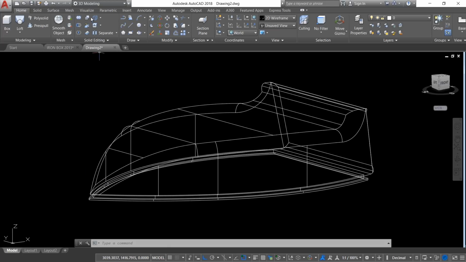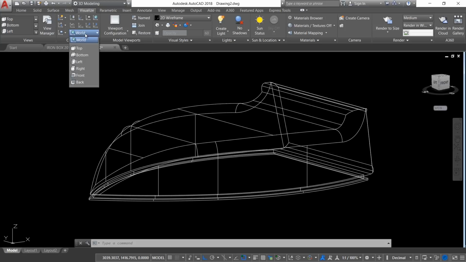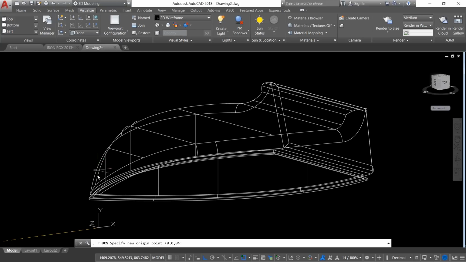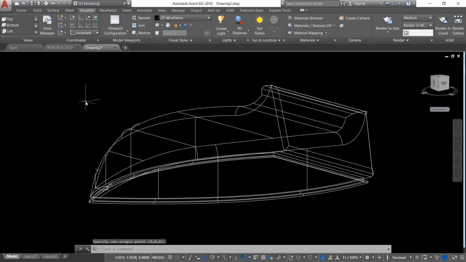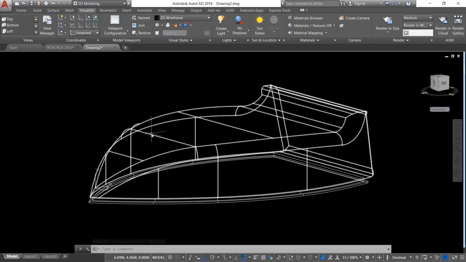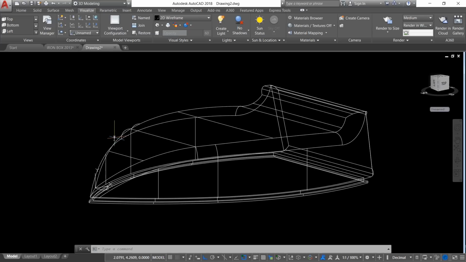For that, I'll go to Visualize tab, then I'll align the UCS with the front face. Then I'll go to Origin option of UCS command. Then I'll bring the origin right at this point. Okay, now the XY plane is aligned exactly at the mid plane. Next, I'll take a front elevation using a different method. That is by giving the plan command. So I'll give plan command